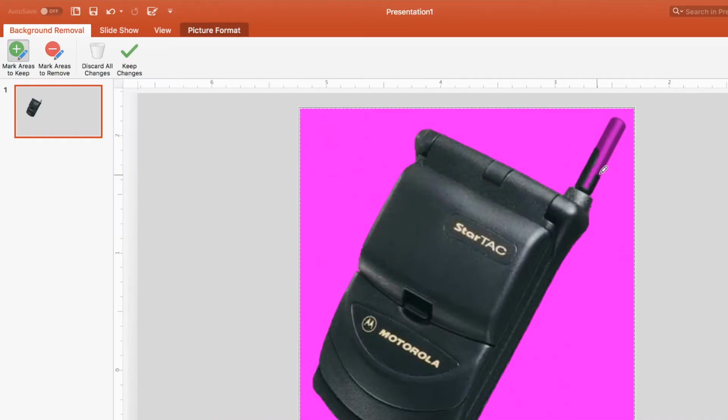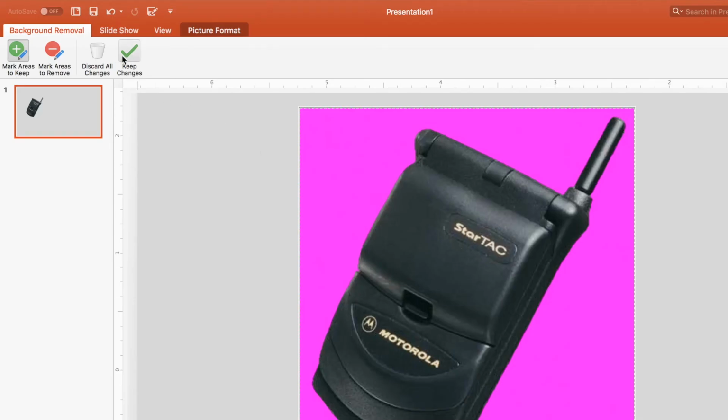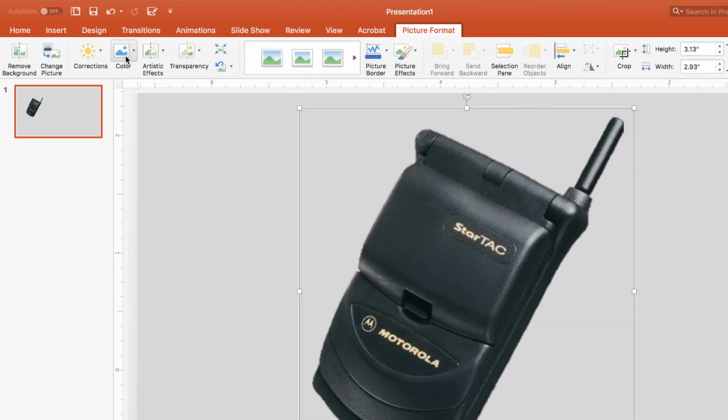It kind of learns based on the things that you're keeping what other things it should delete. And so you always have to keep an eye out on what's still going to be kept. Let's go up to the antenna here. The antenna that used to be able to get pulled out when you were getting a phone call. All right, now that looks pretty good, and I'll hit Keep Changes, and now when I see it, it looks pretty good. If I were using this for a more formal presentation, I might fine-tune it a little